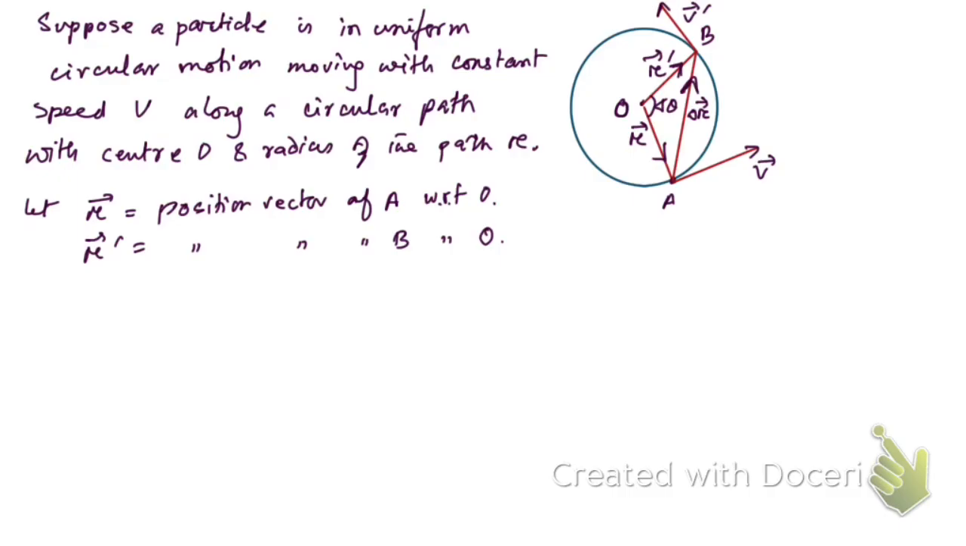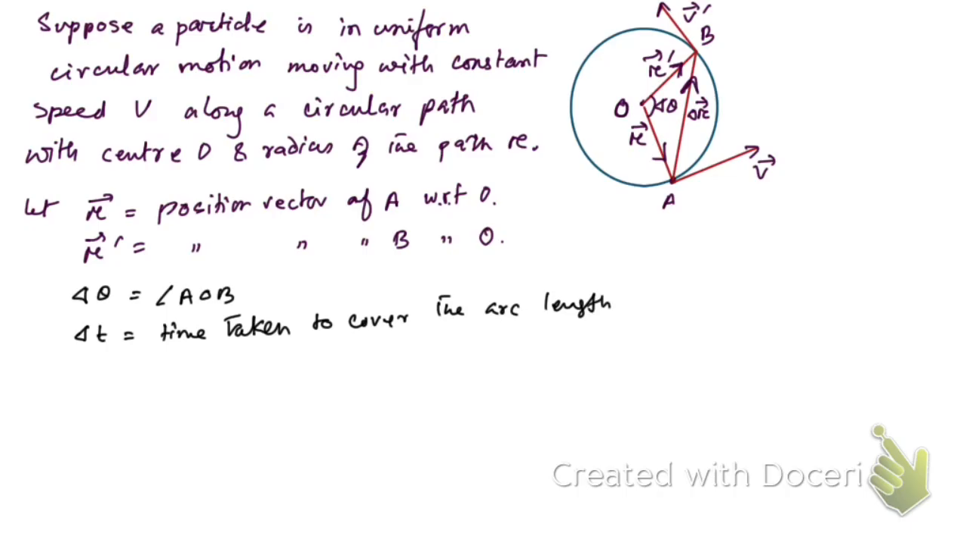So del theta be the angle AOB. Okay, and here you see del t be the time taken to cover the arc length AB, that is from A to B. That means to cover this arc, time taken is suppose del t. Okay,